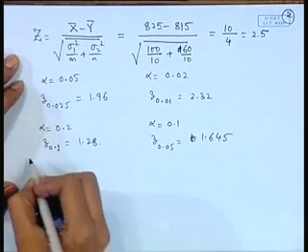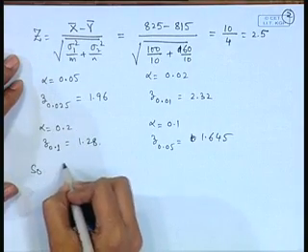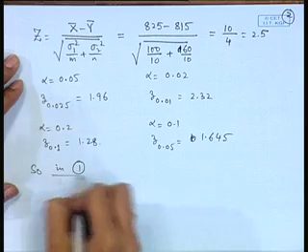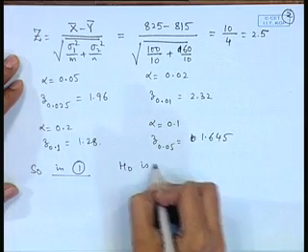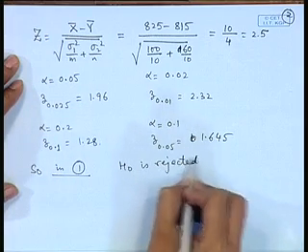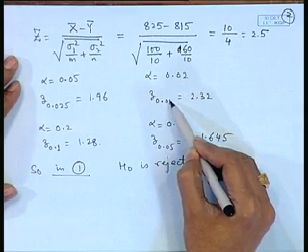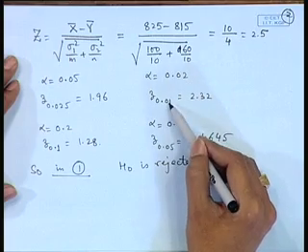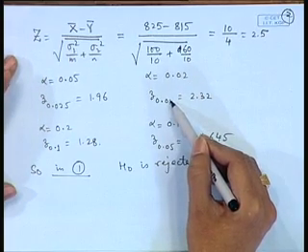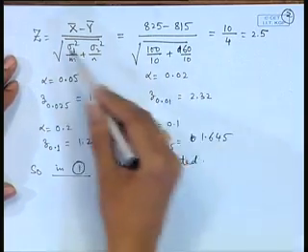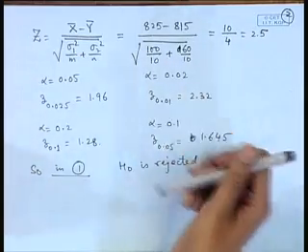Therefore, at any practical level of significance, in testing problem 1, H naught is rejected. Of course, if we take a much smaller alpha, say 0.01 or 0.001, then this will not be rejected, but it is not very reasonable to take such a low probability of type 1 error, because that may reduce the power also.